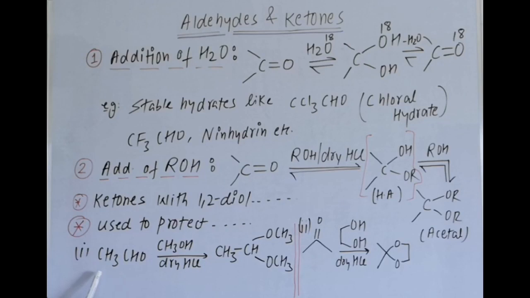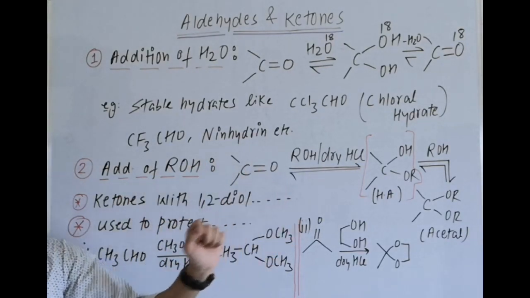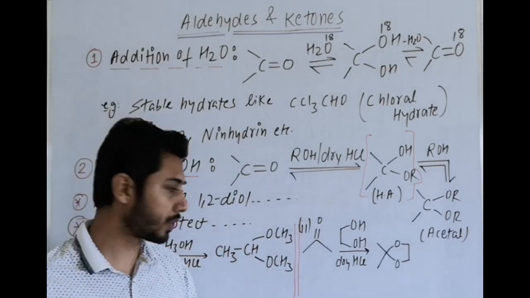For example, for aldehyde we use alcohol, maybe here using CH3OH, we can use any other alcohol in dry HCl. On this carbonyl carbon, finally how many moles will add? Total 2 moles, OCH3, OCH3. It is acetal formation. Getting? Intermediate I am not writing here, it is for the understanding. In exam whenever it comes, we directly write the acetal formation until the intermediate is asked.